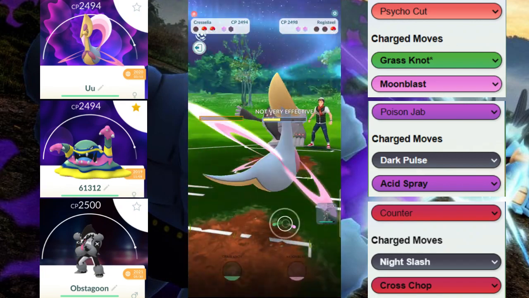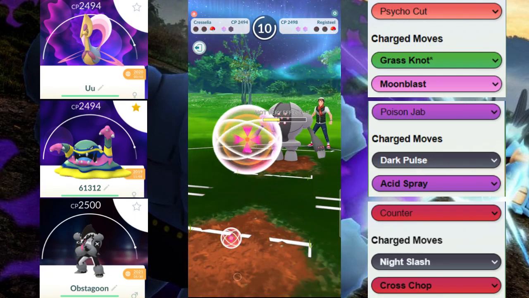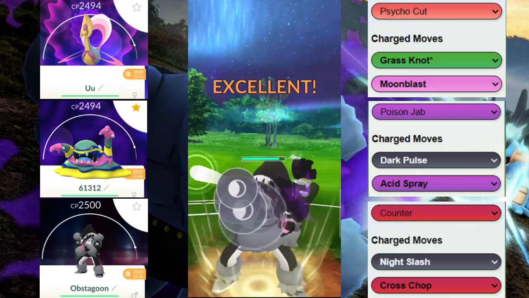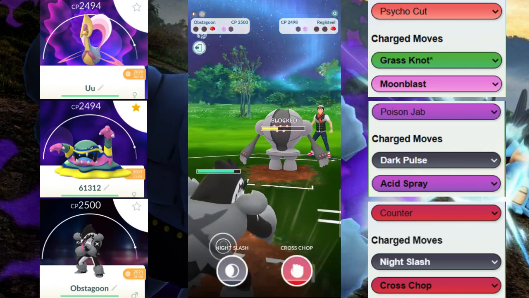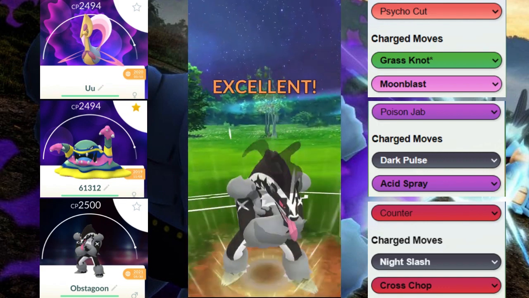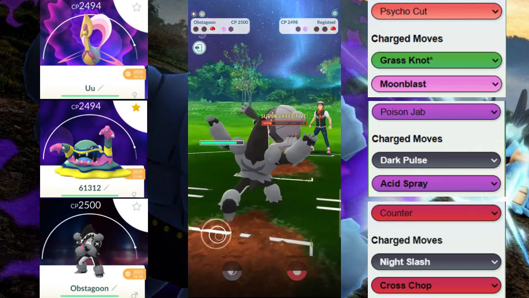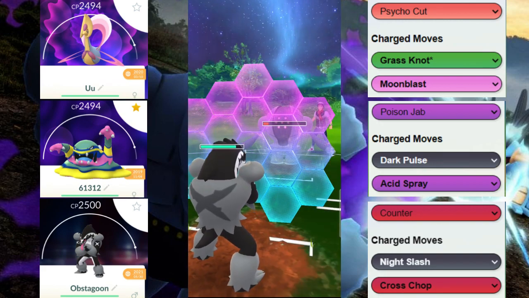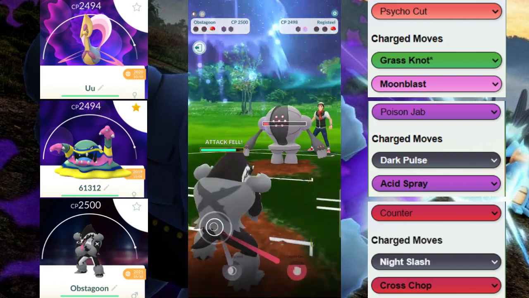We're just going to do as much chip damage as possible, and they have a ton of energy. So we have to really, really be efficient here. We're going to throw the first Night Slash. They decide to shield it. Now, we know that they cannot stack 2 big charge moves back to back, so our whole idea here is to do as much damage as possible, shield the first one, and then...